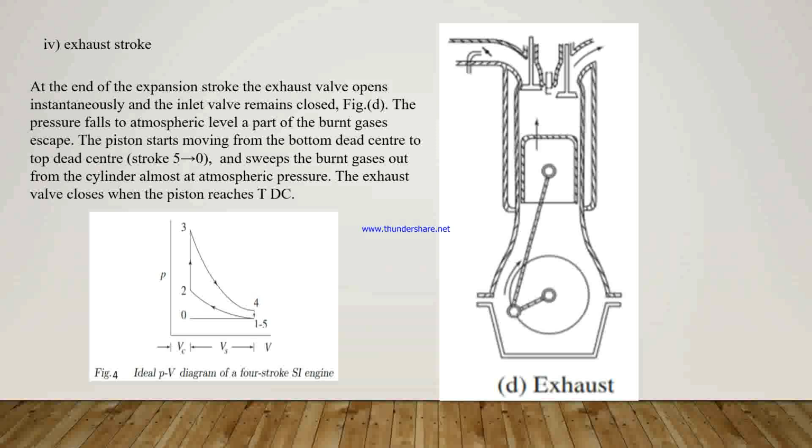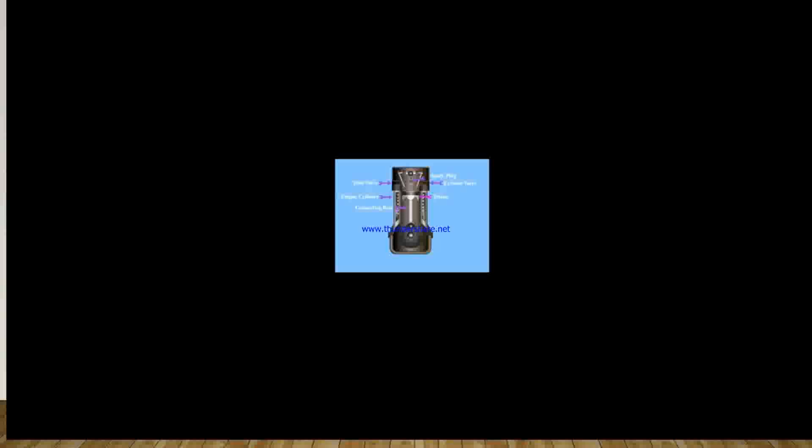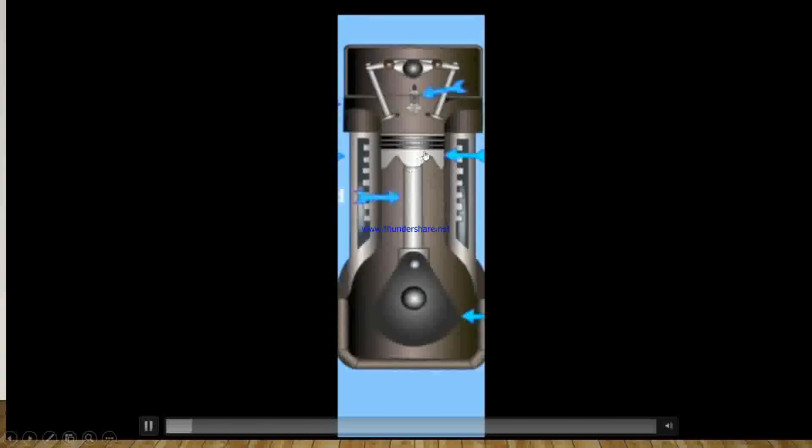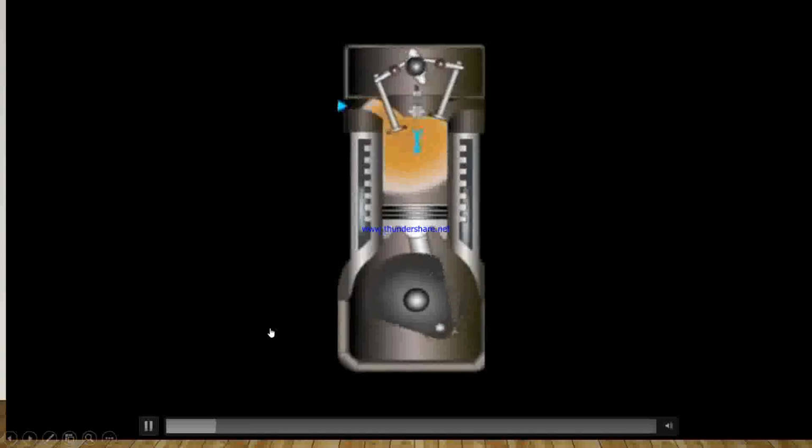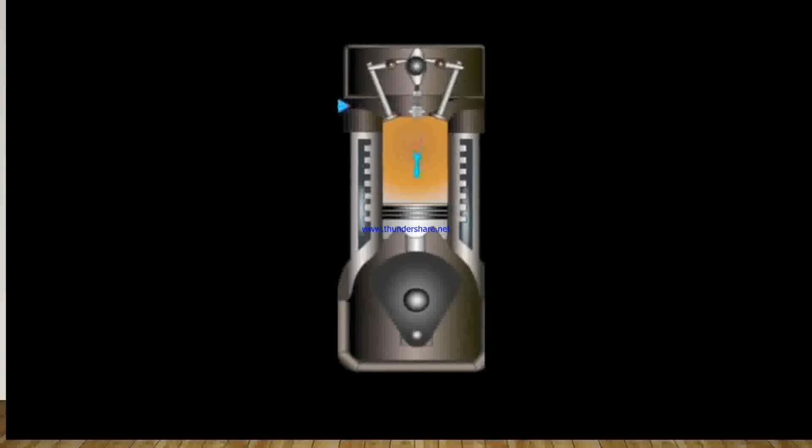Now we see one animation to understand the working principle of the 4-stroke spark ignition engine, that is the petrol engine. Here we can see there is an inlet valve, here the exhaust valve, there is a spark plug, and there is a piston. All the components can be seen here. Now, starting with the first stroke,